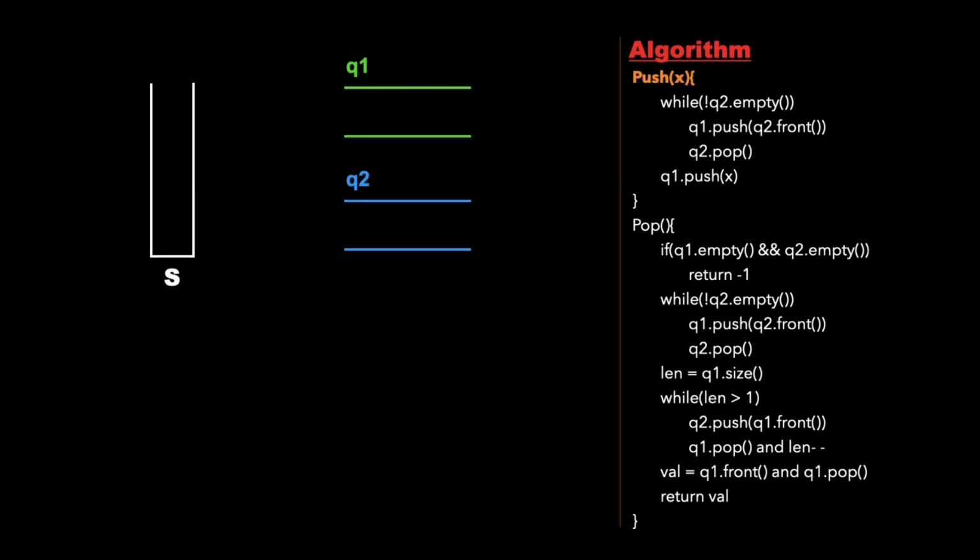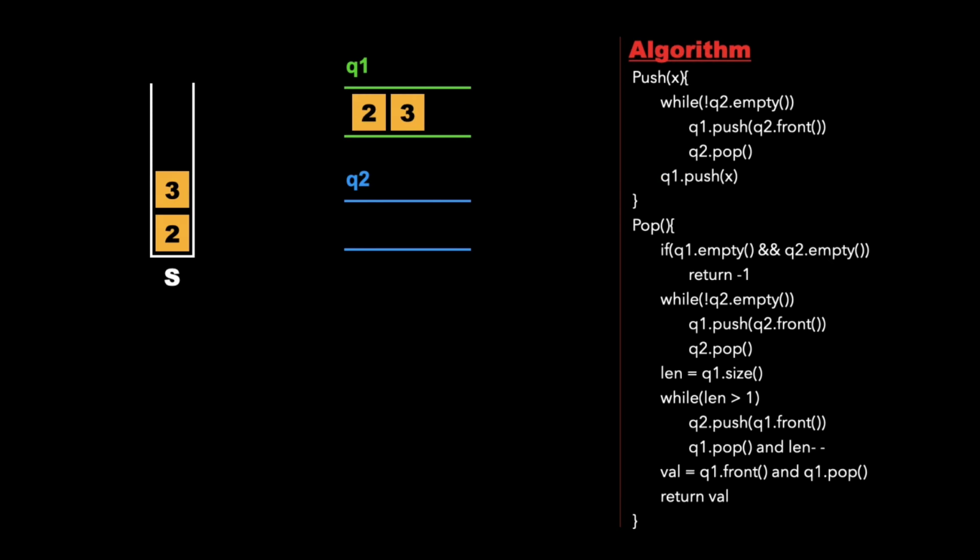So let's suppose that we have to push an element into the stack, which is 2. While performing the same operation using two queues, let's have a look at the push function. So first we check whether Q2 is not empty, which is false. So we just push an element X into Q1, which is 2. Let's suppose we have to push another element into the stack, which is 3. In case of queues, we first check whether Q2 is not empty, which is again false. So we push an element into Q1, that is 3.